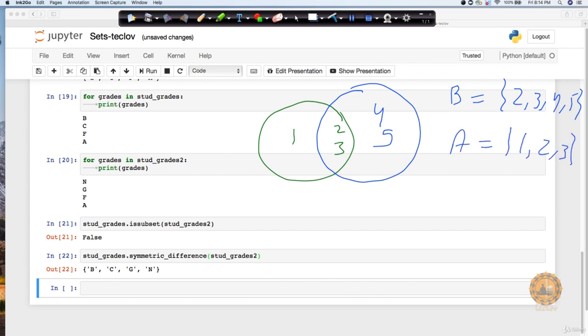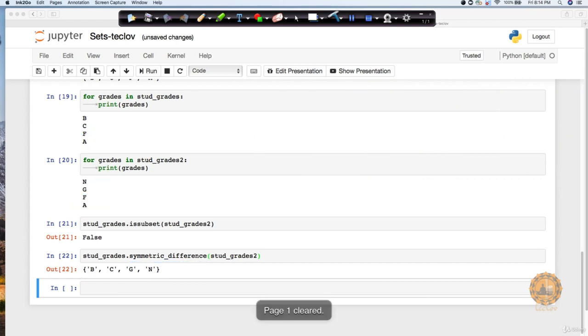In this case, whatever the common values are will be ignored and the remaining values will be printed. So I will get an output like 1, 4, 5. Here also, when I did symmetric underscore difference, it looks at the common values. You can see that A and F are the common values, so these values will not be printed and the remaining B, C and G are going to be printed. This is how symmetric difference works in your set function.